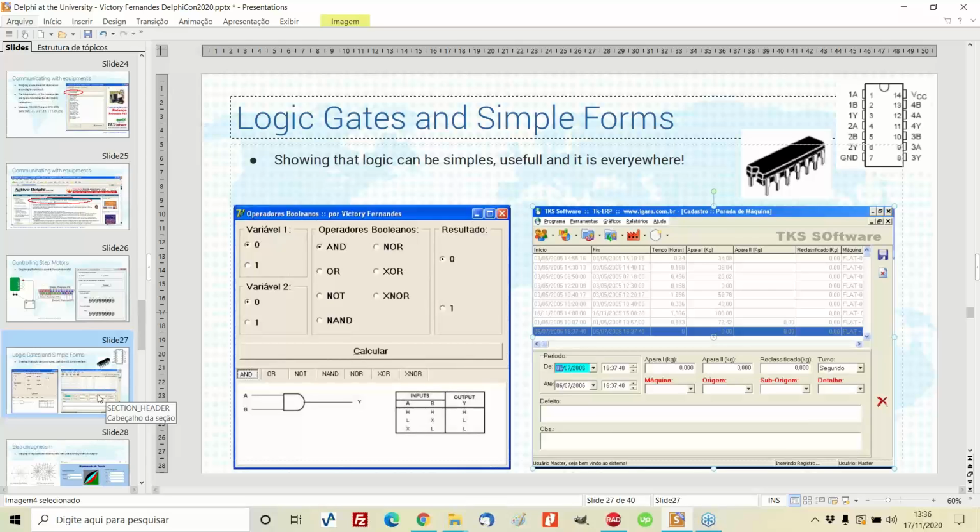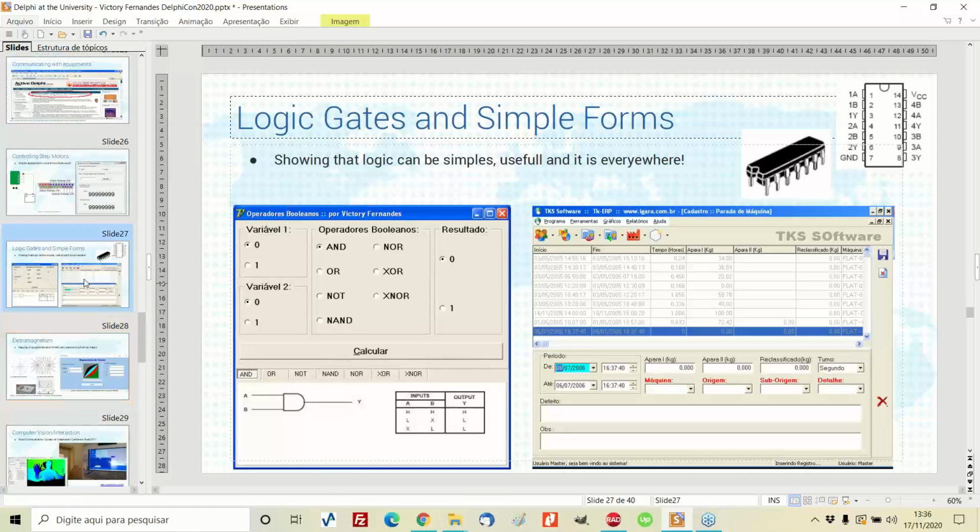So the student maybe cannot see that this bunch of zeros and ones that we are teaching here in circuits like that on the top right, maybe he cannot see that this top right circuit actually ends up as maybe a simple software form on his mobile. So connecting these dots is very important, and we can actually use Delphi and C++ Builder to help the students do very simple applications like this one on the left, that was also done with Delphi 7, and to make them understand.